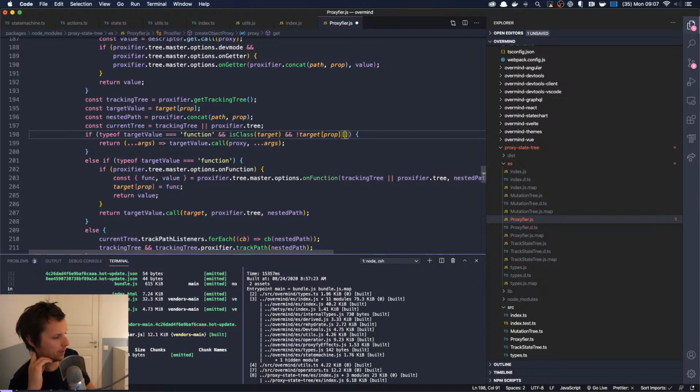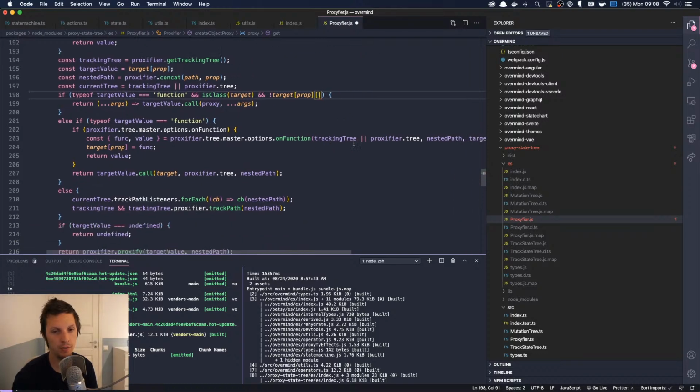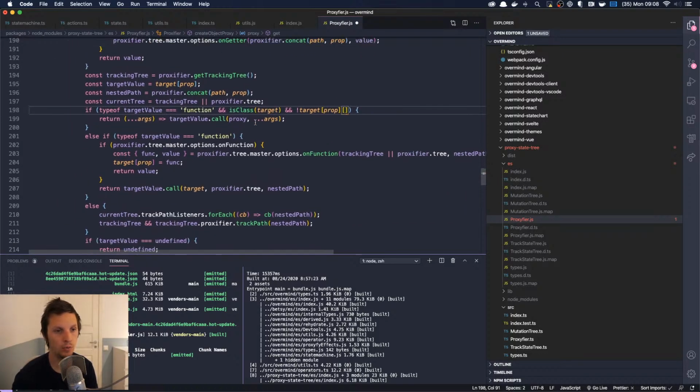We don't know if it's a derived in the proxifier. That is actually an implementation in Overmind. Crap. This is the problem. We're actually fixing a nice bug here because you should be able to use derived on class instances. The problem is